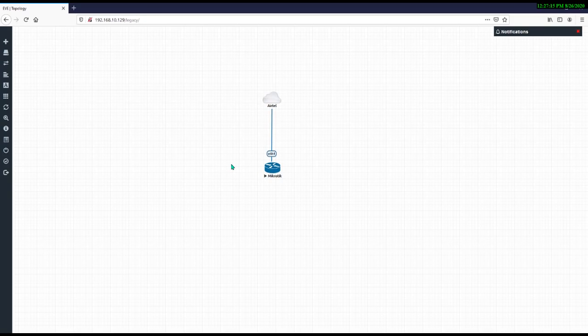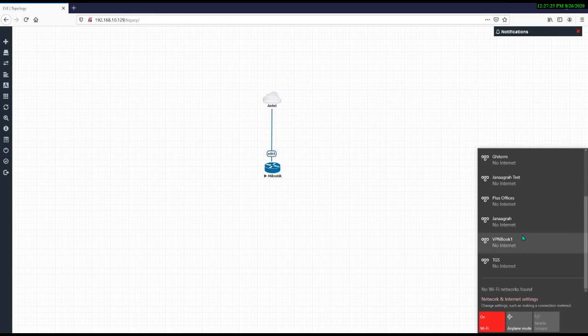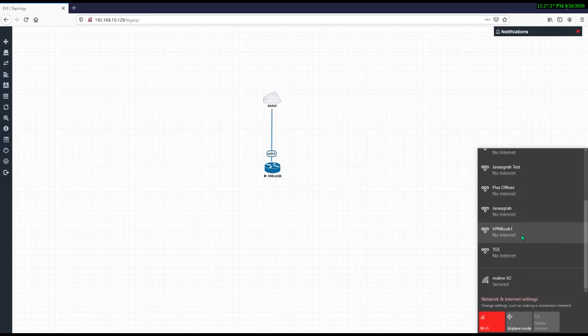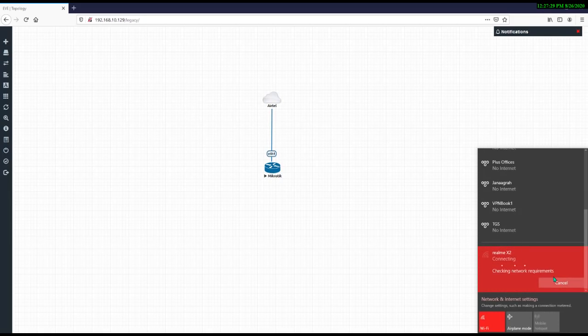I already have it downloaded, but I will show you how you can download Winbox from Google. So I need to connect the internet on my system. I'm going to connect it through my phone only. It is getting connected.